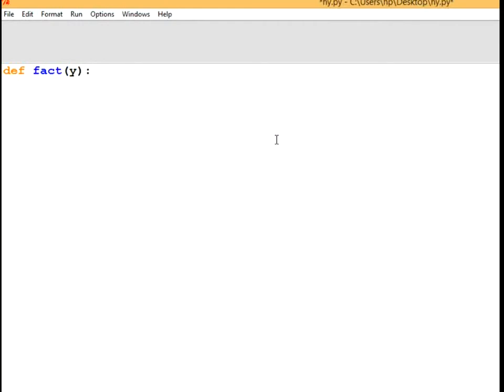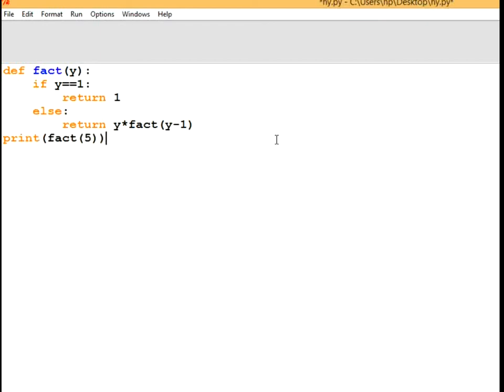I have defined a function fact in which I am passing an argument y. So first of all, the task that I am writing in the Python shell is defining a function fact(y), in which I am defining a variable y. Then I am checking if that variable is equal to 1, then it will return 1. Else, if the variable is not equal to 1, then it will return y into fact(y minus 1). Meaning if the number is not 1, then it will move towards the next call where it will check y minus 1.